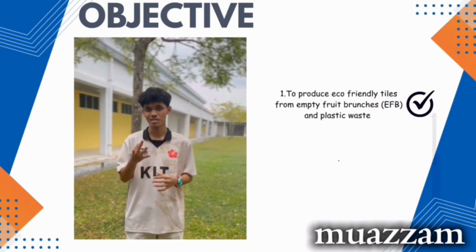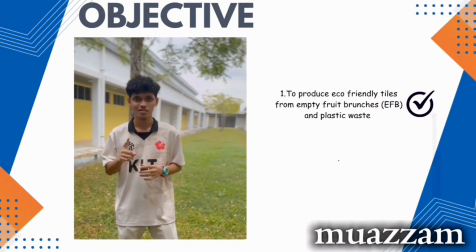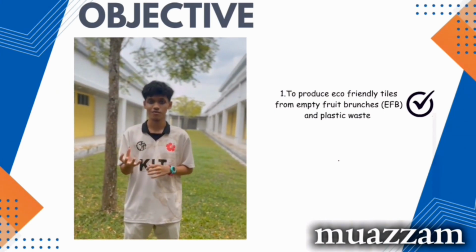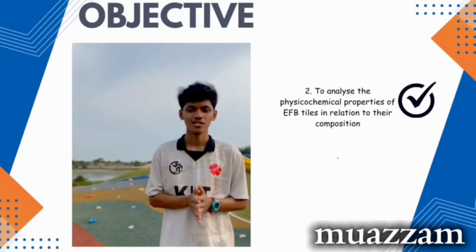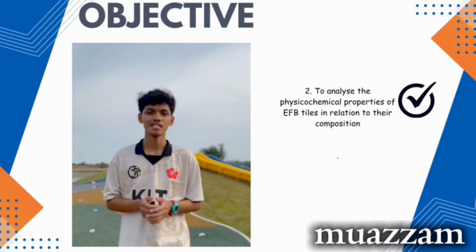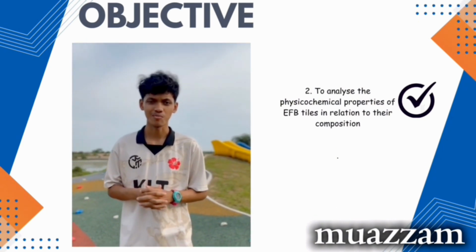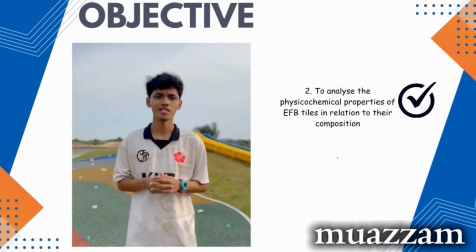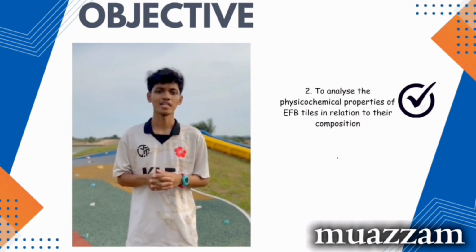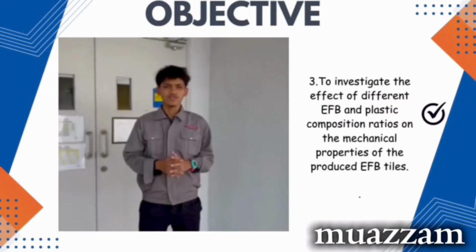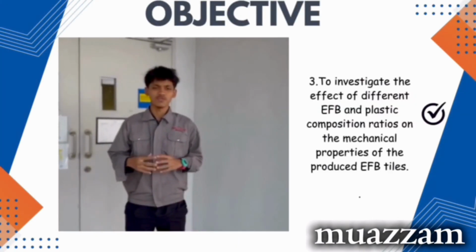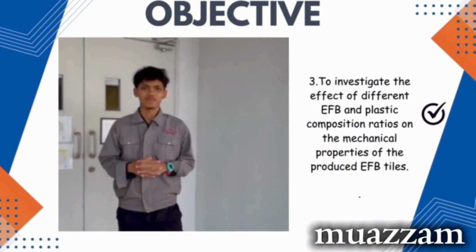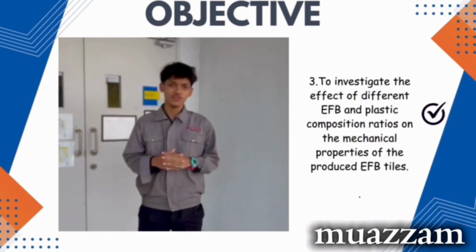So we have 3 objectives. First, the main objective is we want to produce tiles using empty fruit bunch and plastic waste. Next, the second objective is to analyze the physicochemical properties of those EFB tiles. This is basically a study on how their composition affects their properties. The last objective is to investigate the effect of EFB and plastic waste at different ratios on the